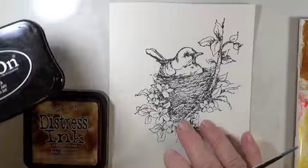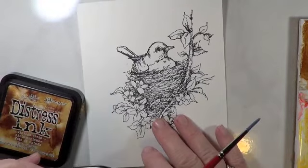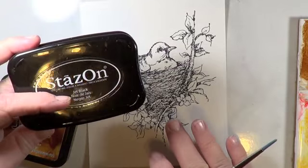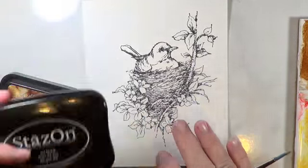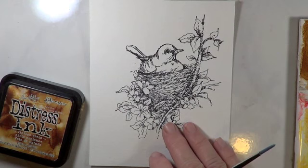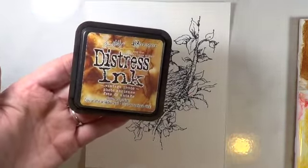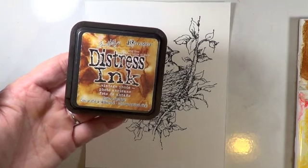What I did is, because I'm using water-based inks as my coloring medium, I stamped it with StazOn ink. This is a waterproof ink and it won't bleed, so that's what I did, is I stamped it onto watercolor paper. So I am going to use Tim Holtz Distress ink pads as my coloring medium instead of using actual